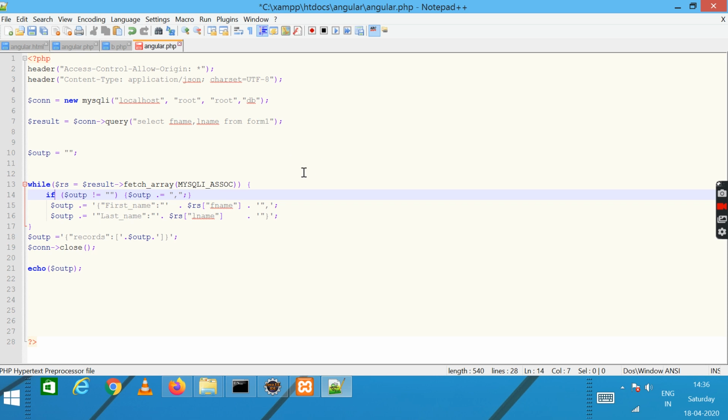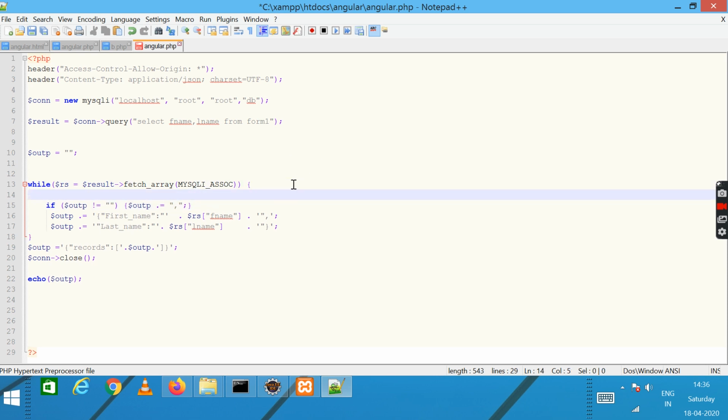Now the next line, if $outp is not equal to null, that means if this is not null, then $outp is equal to $outp concatenated with a comma.